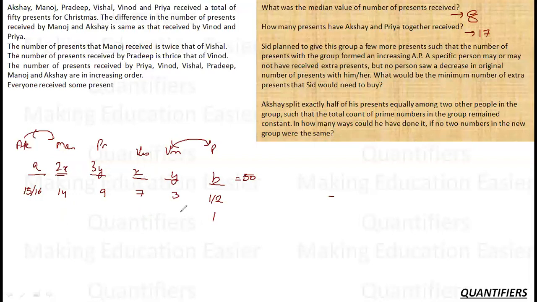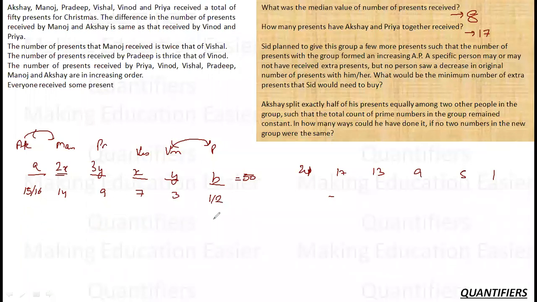If I keep the difference as 4, then this will be 5, this will be 9, 13, 17, and this will be 21. So there is a lot of gap. I have to increase a lot of variables, and if I keep moving forward, I will have to keep increasing the variables. So this is one series: 21, 17, 13, 9, 5, 1. Now let us do some hit and trial with 2.